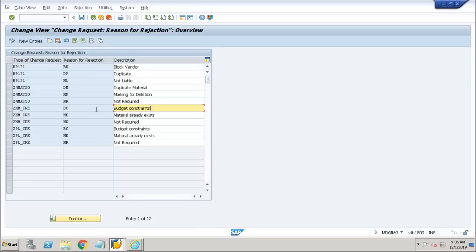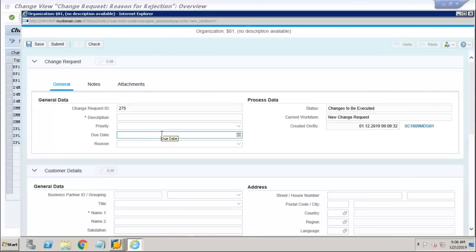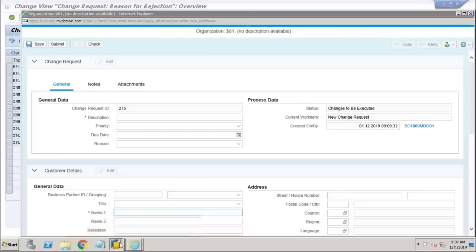So that means, in the request, when they reject for a duplicate vendor, whatever the reason is, only the reasons that have been given can be used to reject. If there is any reason other than these, how will they reject? No, this is the reason he will be mentioning. So I wanted to just show you a scenario. But if there is some reason which has not been configured,